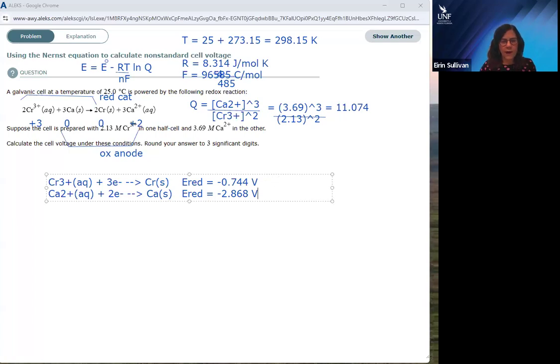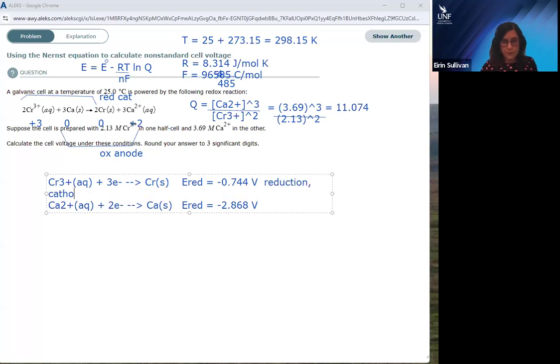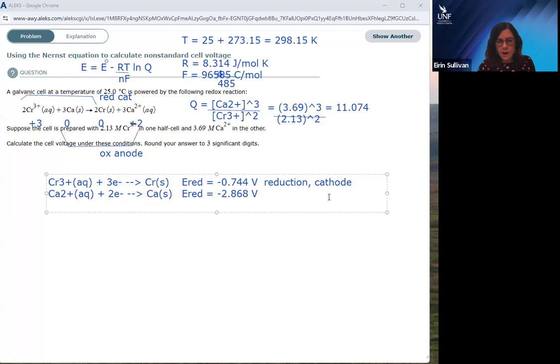So my chromium is going in the forwards direction as written, so it is being reduced. So this is my reduction, and that is occurring at the cathode. My calcium is going to actually run as an oxidation, and that is occurring at the anode. If it helps you to visualize, because I know we're going to have to add these together to work out